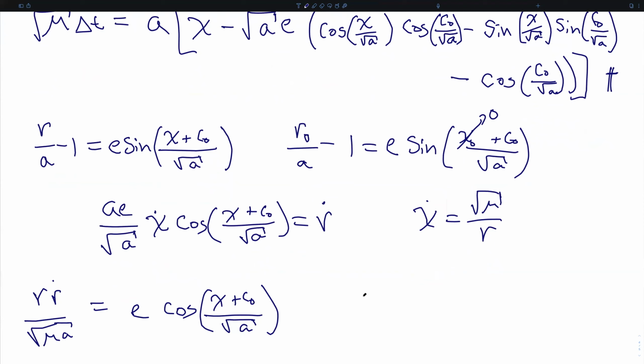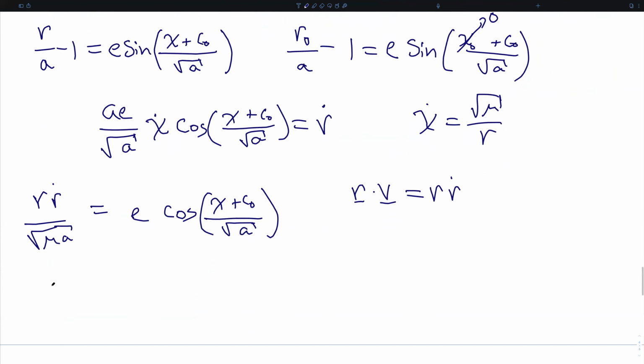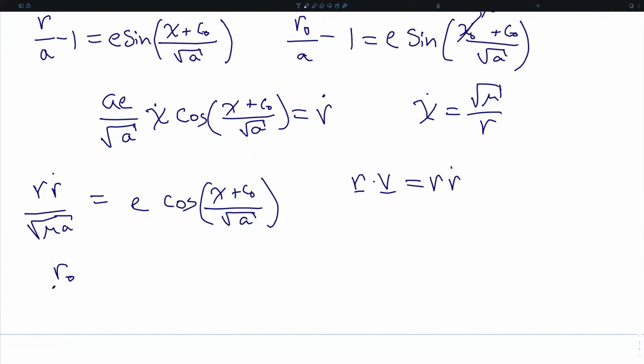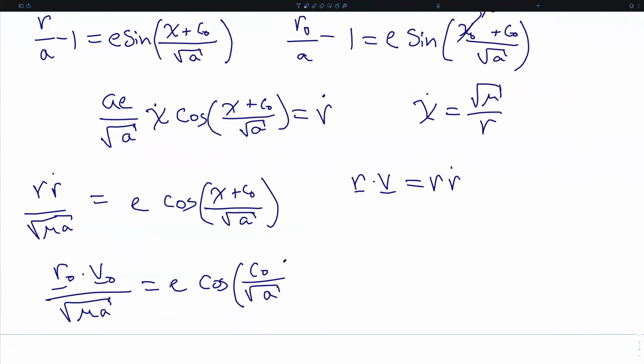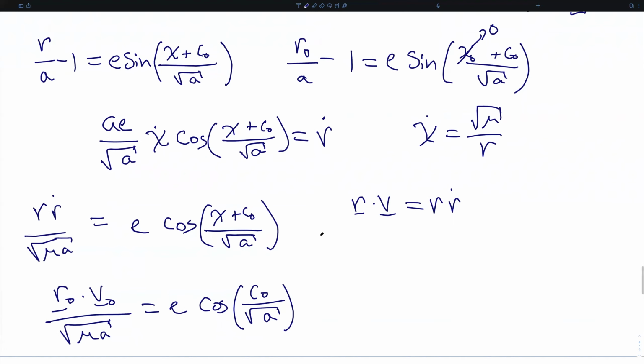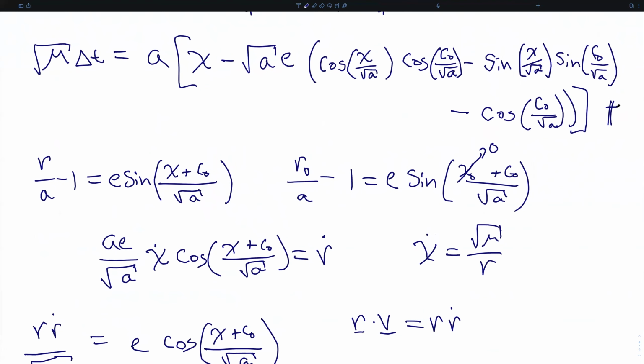Remember a result from the F and G series. We found that r dotted into v was the same as r dot. And so we can replace this numerator here. And for example, at an initial time t naught, we can write, whereas before we're assuming that chi at t naught is 0. We can now substitute this back into the dagger expression, and altogether we find